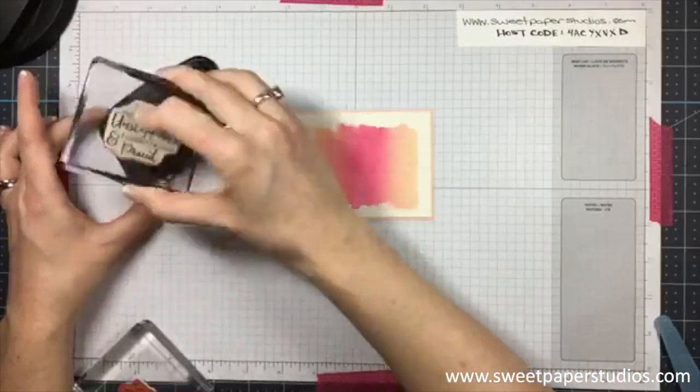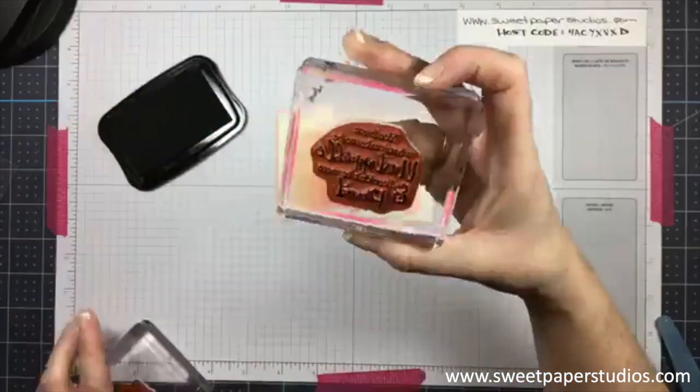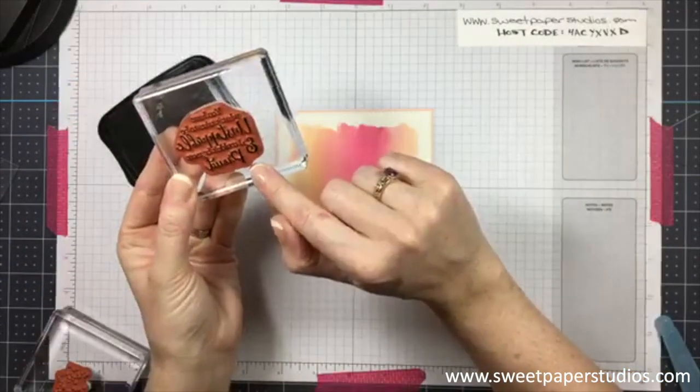And I'm going to stamp off first because this stamp in particular,